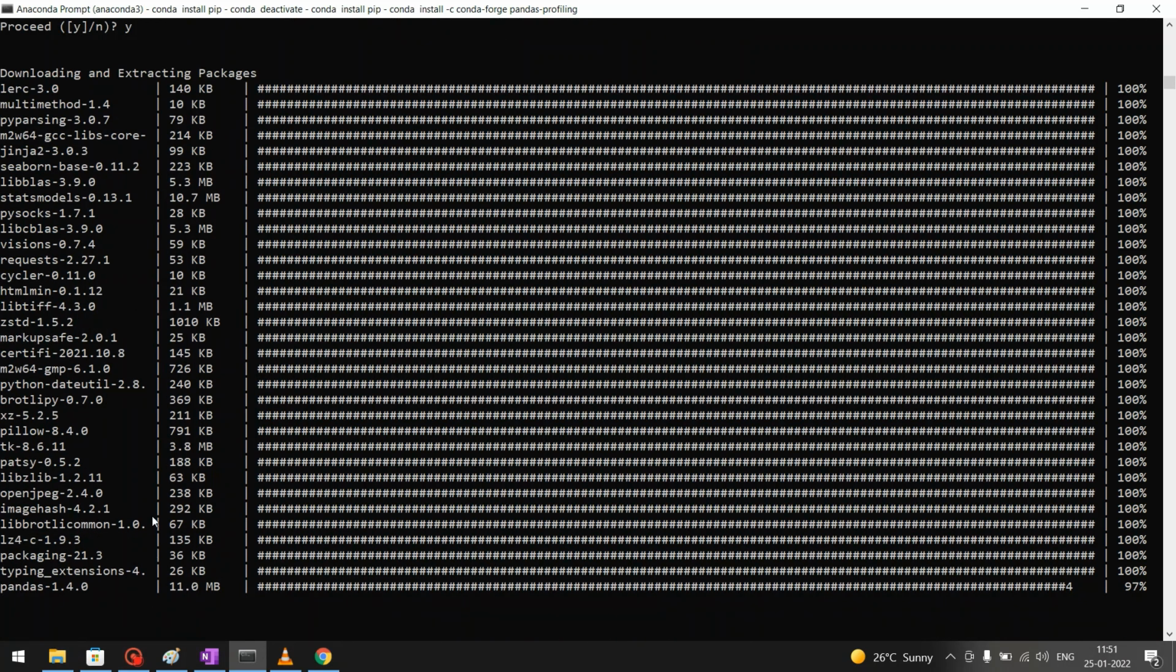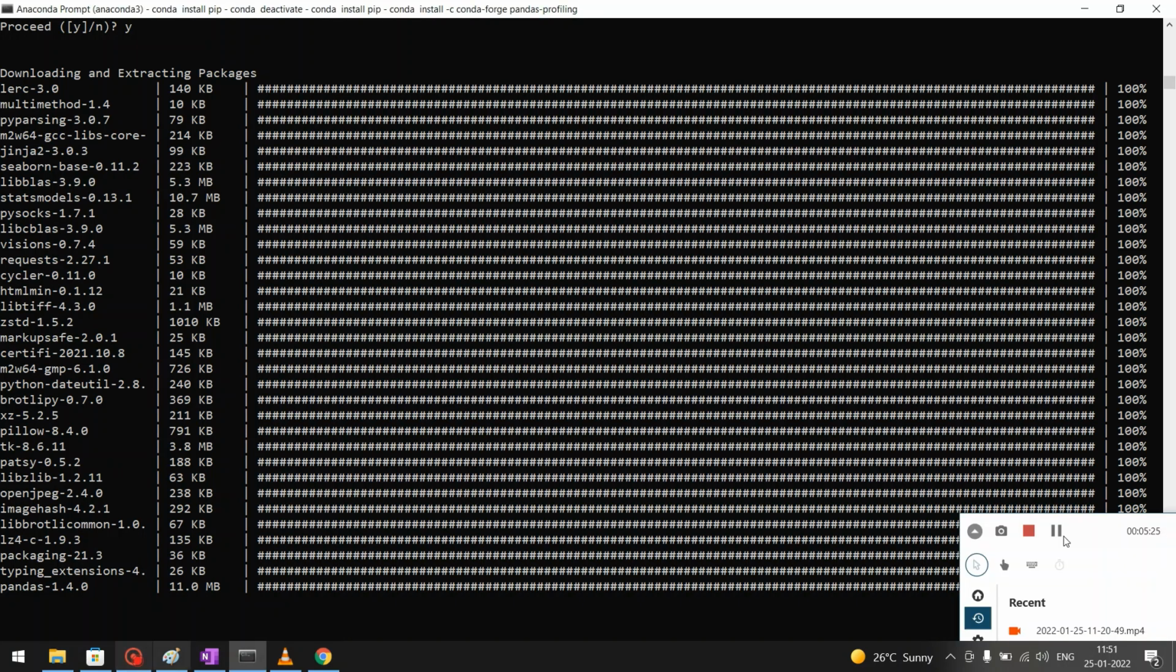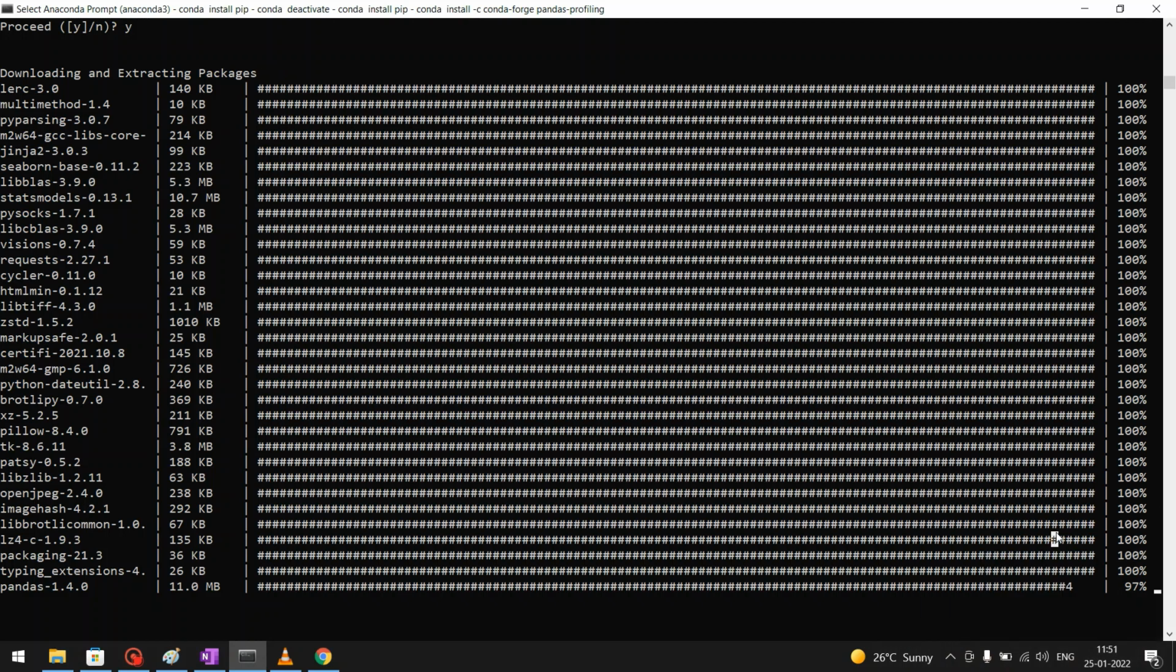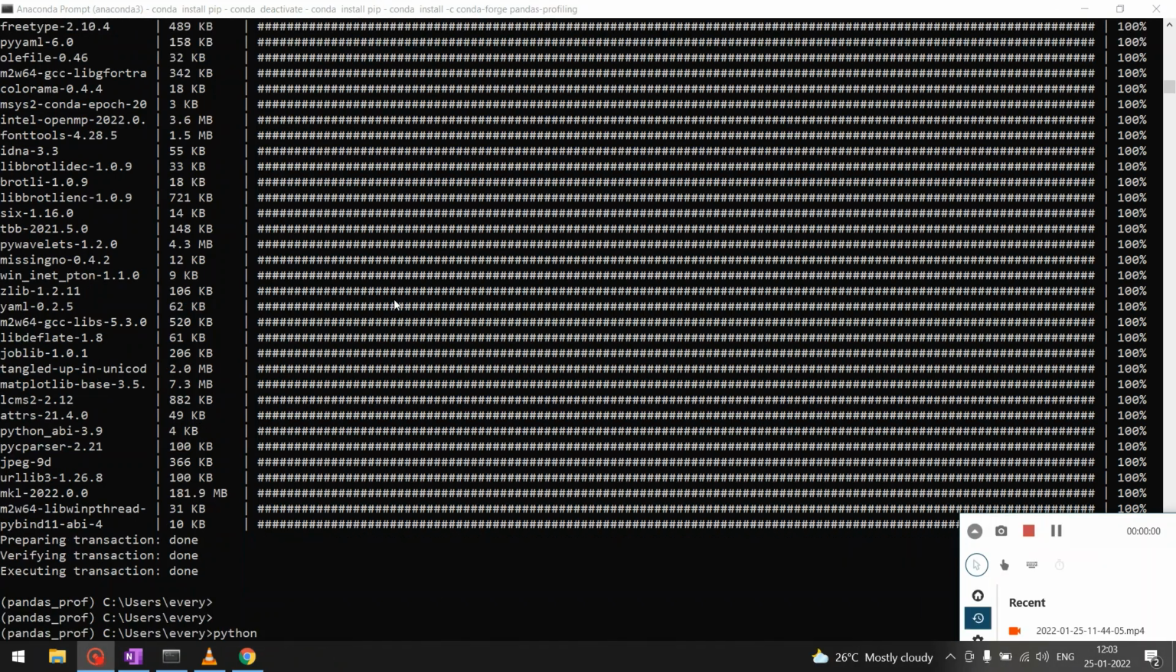So now let's wait for all of these packages to get installed. Now you've installed pandas profiling in your Anaconda environment. Now to check whether the pandas profiling has been installed correctly, you can do a couple of things. You can either try to import the pandas profile library within your Python environment, like I have done here,